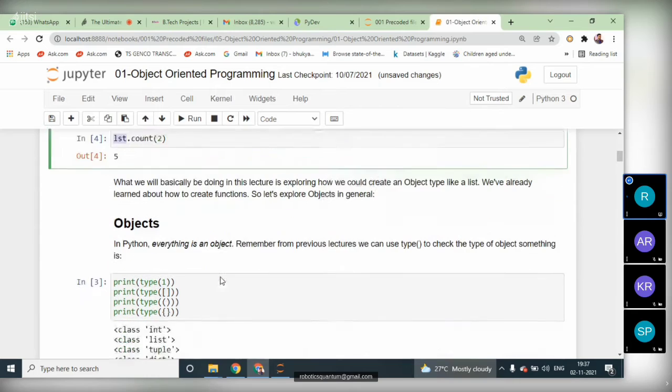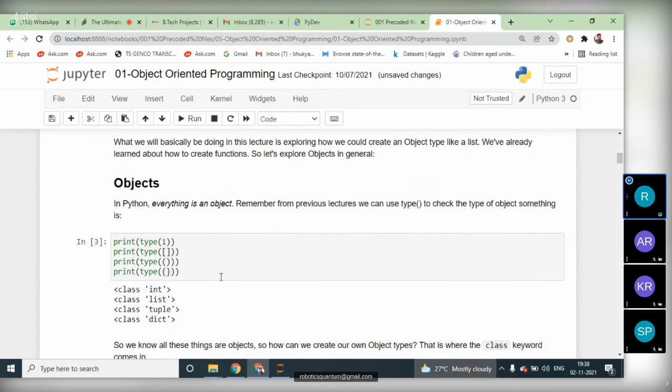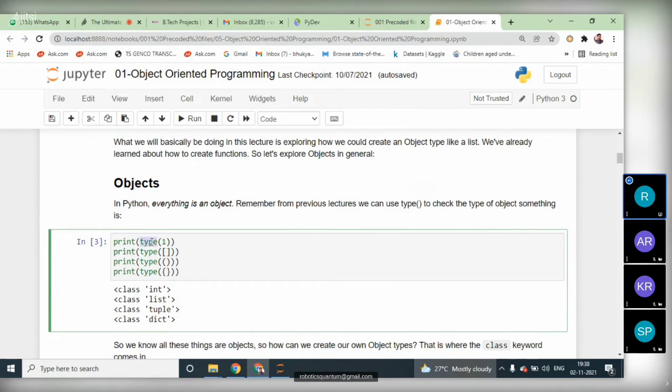We have already gone through how to create a function and how to call it. Here I wanted to find some inbuilt functions, that is type. Type is a function which gives the type of a value, whether it is an integer, tuple, dictionary, set, list, float or string. We use print of type of 1, which means what is the type of 1.